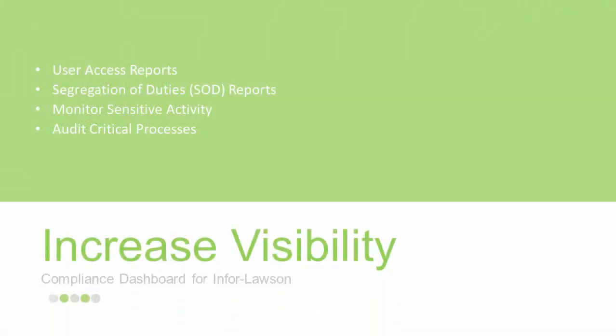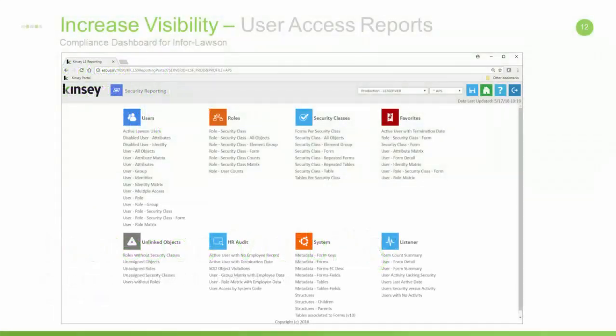So let's look at some of our user access reports, the things we just talked about, segregation of duties, right? How we see visibility. So this is our dashboard on just security reporting for just S3. There's a similar one for Landmark. I'm not sure if I have that slide, but we'll see. So there's a number of things you'll see: users, role, security class, and all the definitions behind them. There's a number of things we can do here